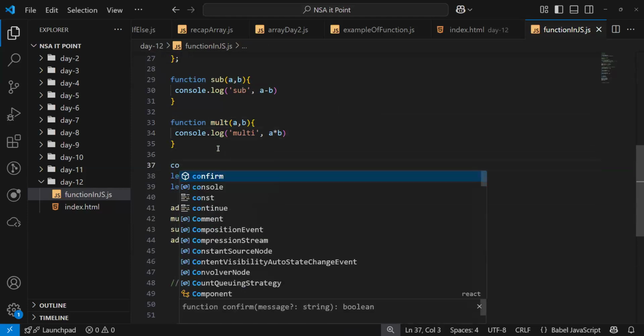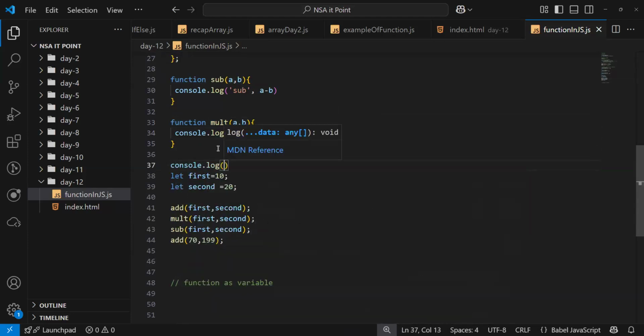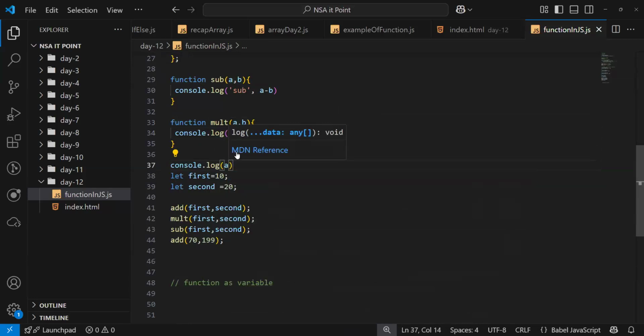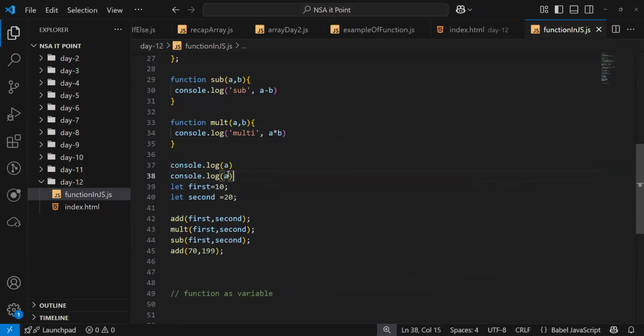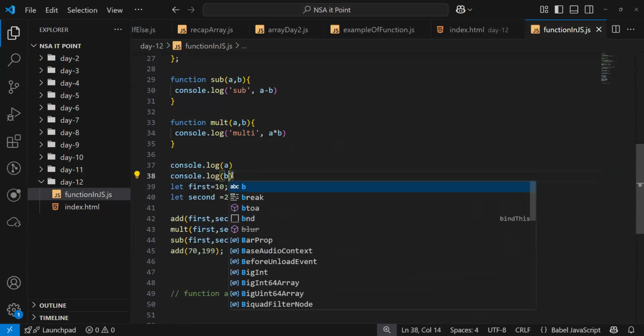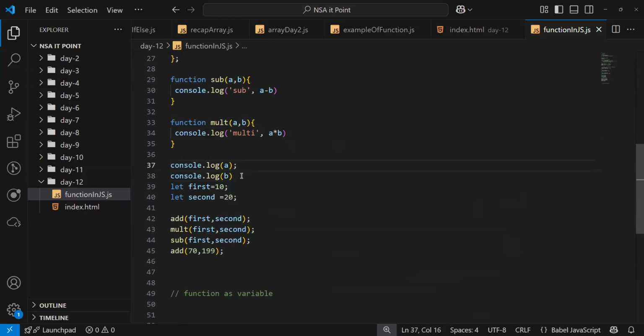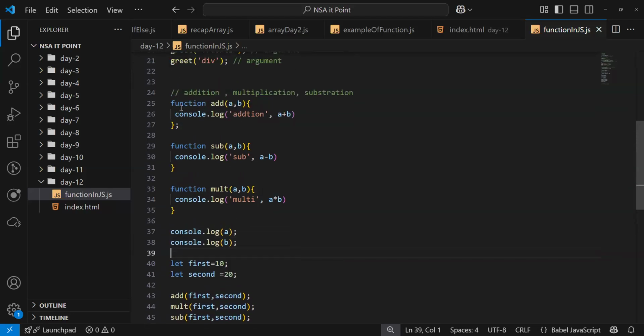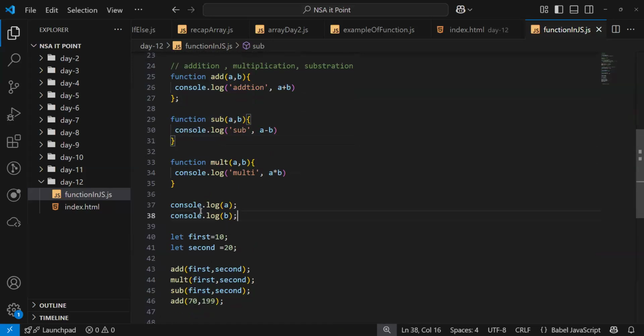Want to see? console.log, if I want to access a, and similarly b, is it going to print anything outside the function? Here or here, anywhere? Is a and b going to print or not?